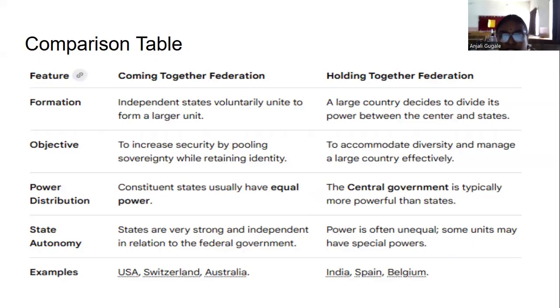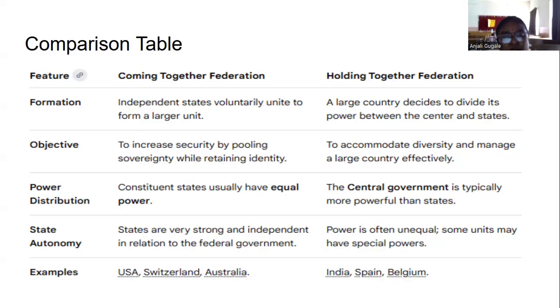I had given one example in the last class, the United Arab Emirates, right? It's a combination of 7 Emirates. The meaning of the word Emirate is kingdom. So all 7 states have voluntarily come together as a federal unit, and all are equal in power. It is not that one of the Emirates has more power and the other has less. No, they all are independent, and they have all voluntarily decided to unite with each other to form a bigger country, that is the United Arab Emirates, right?